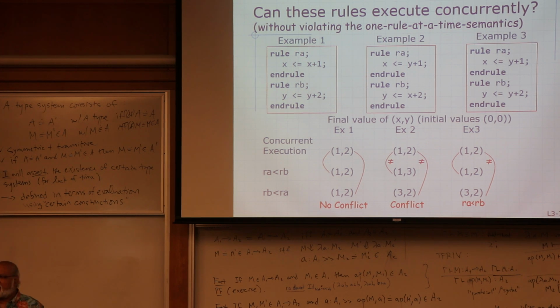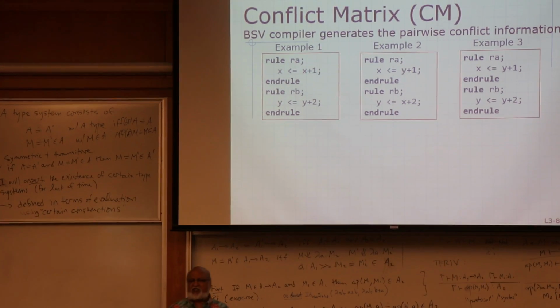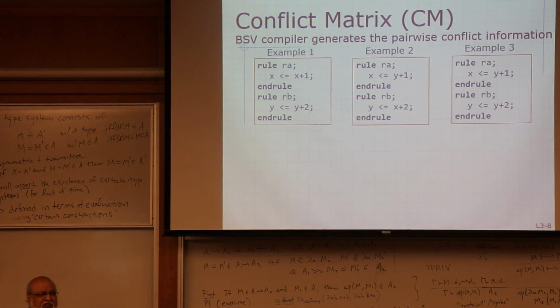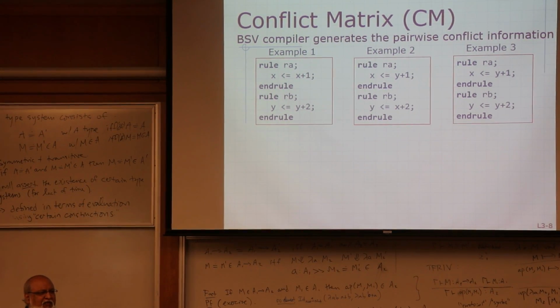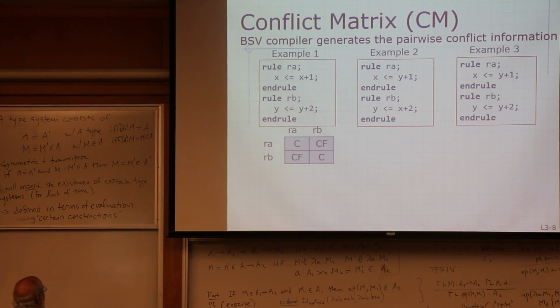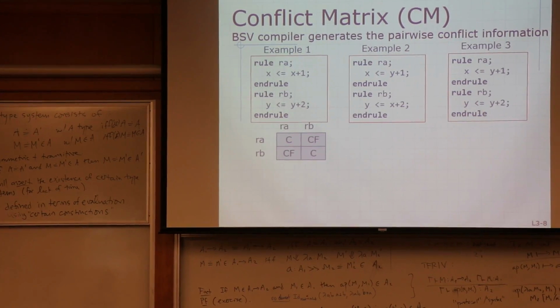Are you with me on this? Fantastic. Okay. Now, the way I'm going to summarize all this information is something called a conflict matrix. So you can just imagine I'm going to look at things pairwise, right, and have some things. So I'll say, based on the analysis I did, that if I have rule